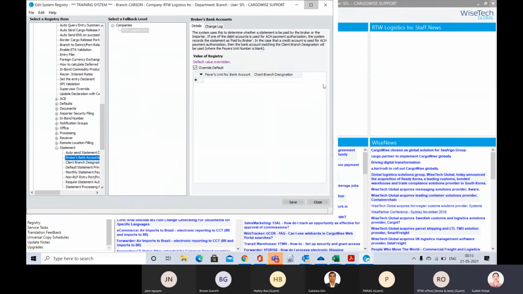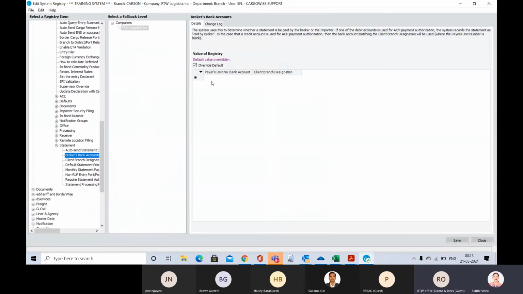So Donna, this screen is visible to you. We want this number. Bank, payer's unit number, bank account, if only one is there. Yeah, that's so weird. We can get that number for you. It will be different if the customer is a payer type 7, but we don't have a lot of those customers, so it's easy to get for you. Okay, fine. If you provide me, I can set it up here